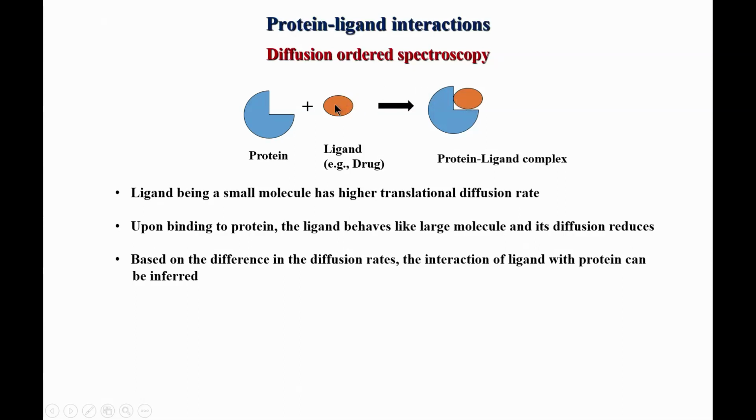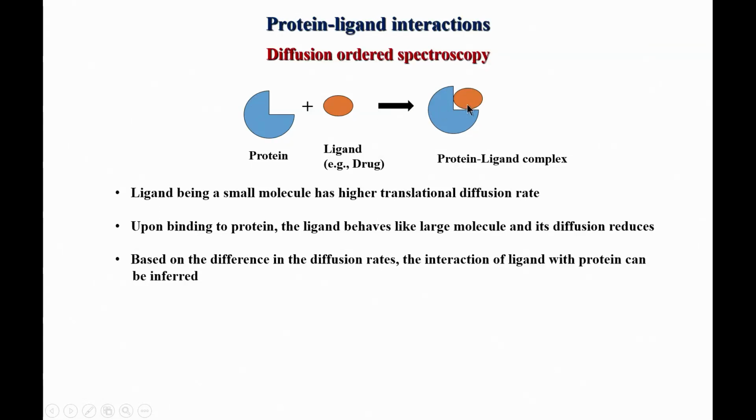And the third scenario is a tight binding, which means it binds very tightly, and therefore the population or the amount of free ligand in the solution will be very less. And so, in that scenario, the ligand will diffuse like a protein, because it now belongs to this bigger complex, and therefore its diffusion will be considerably reduced, and it will diffuse like a protein size. So, in such a scenario we can very easily distinguish the bound form and the free form.